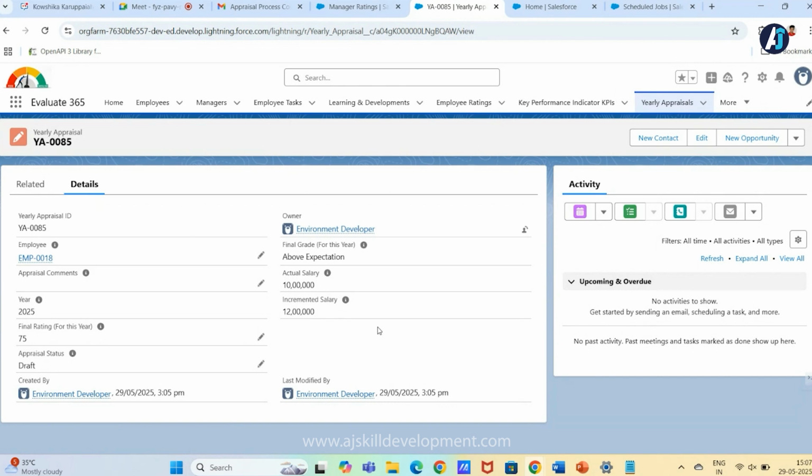If the employee is 75% above and within 90%, we can give above expectation and 20% hike. And if the employee is above 60% and below 75%, we can give meeting expectation and a 10% hike. If he is less than 60, there is no hike and it is the need improvement stage.